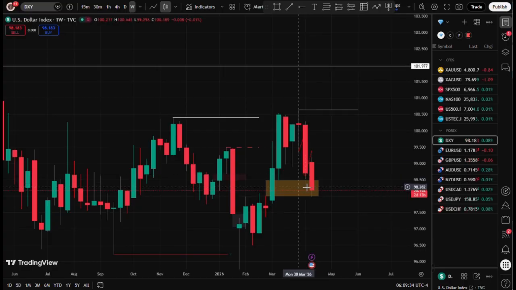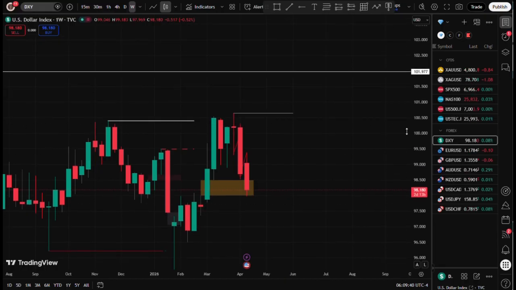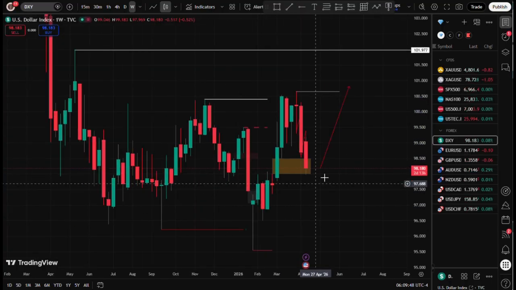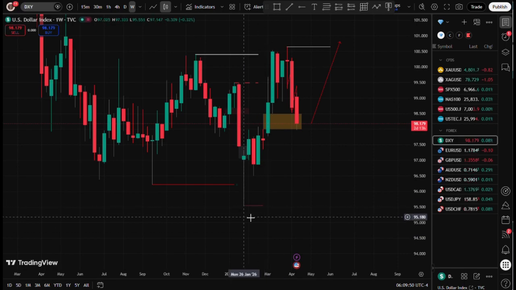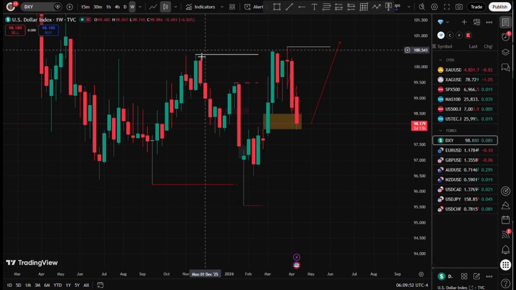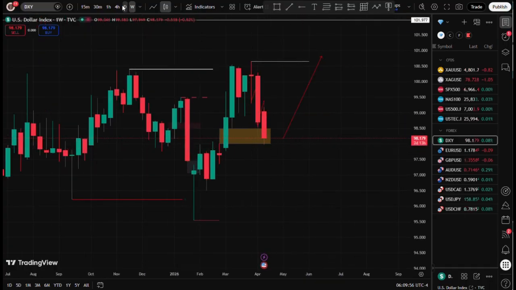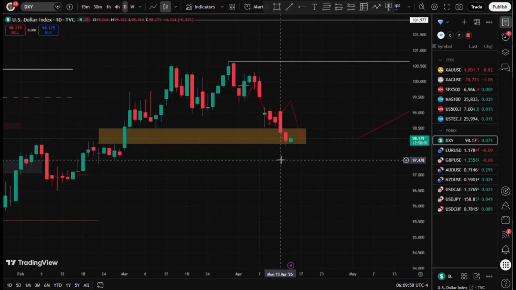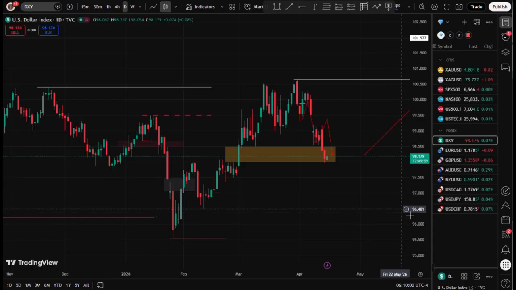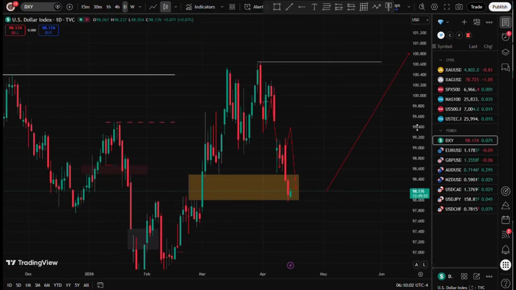So currently price is in a weekly internal range liquidity. What we want to see is, does price have the ability to change its direction and seek the external range liquidity, or is it going to continue going lower to seek another external range liquidity after taking out this old high over here? So if we go into the daily time frame, we'll be looking for signatures of short-term